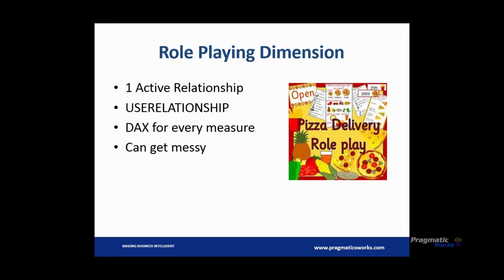In multidimensional, this is handled very, very easily in that you only have to set up one date dimension, and you can actually use it for every single one of those different use cases. Here inside of Tabular, though, we can only have one active relationship between 2 particular tables at a time. So that's what that dotted line was that we saw when we set up that second relationship between our date and our fact table. Because we can only have one active relationship, the other one shows up as the dotted line. So what that means for us,